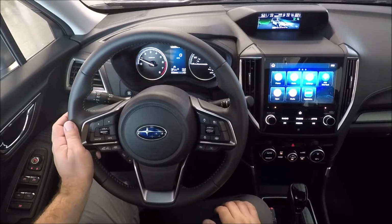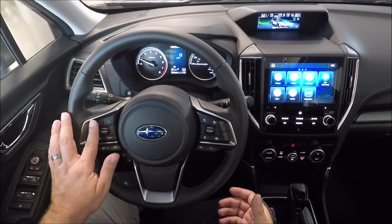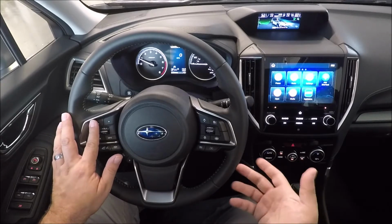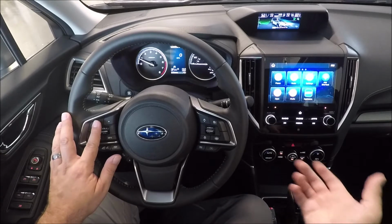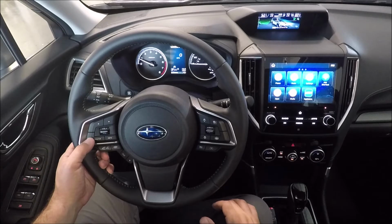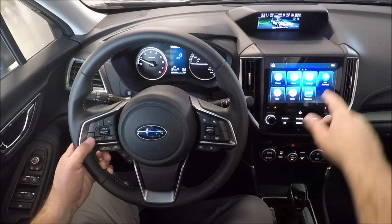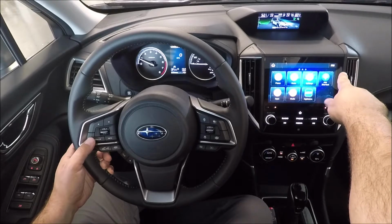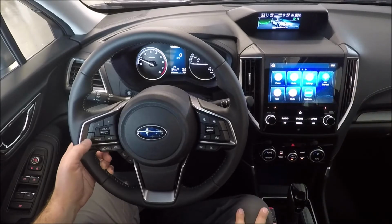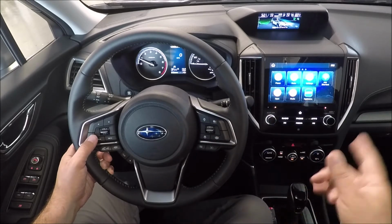On the left-hand side are mostly radio controls. Left and right will change different radio stations, tracks on a CD, or Bluetooth tracks or things of that nature. Up and down for volume. Your source button will toggle you through your different audio sources. It'll always show you on your radio screen what source you're on. For instance, right now we're on FM. I'll press it to switch to AM, satellite, and whatever other sources you have in there, it'll continue in that